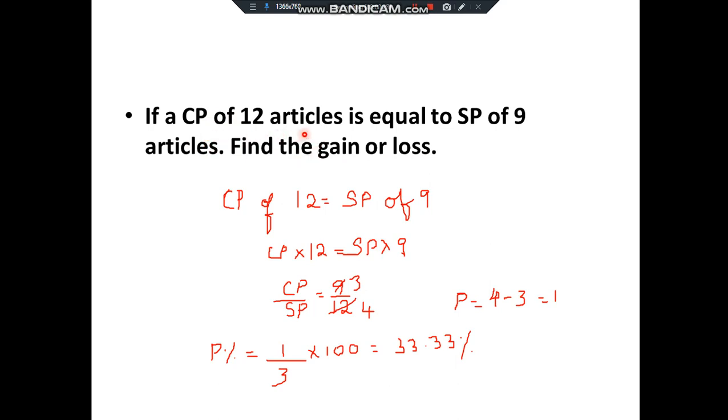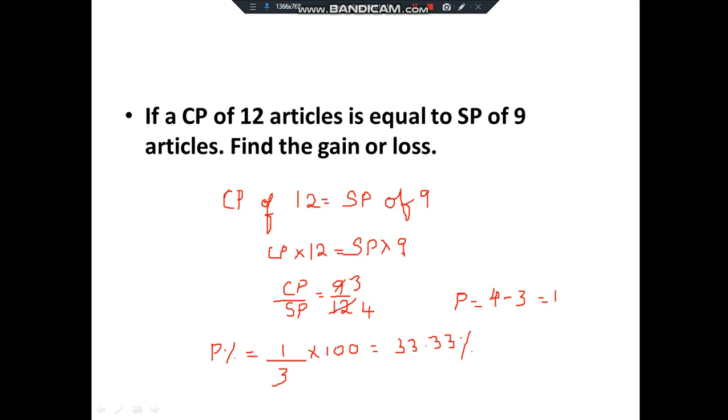See, cost price of 12 articles, that means I have bought 12 articles for some price, which is equal to selling price of 9 articles, which means within 9 articles of selling I got that price, which means you will get a profit percentage, right? Hope you understood. See, I am getting 12 articles for 100 rupees and I sold 9 articles within which I got 100 rupees, means you have got profit, right? That is what it means. So we have to find the profit percentage. Clearly from the question we know it is profit percentage. Now we'll find first. We'll try to solve the equation and then find the profit percentage.